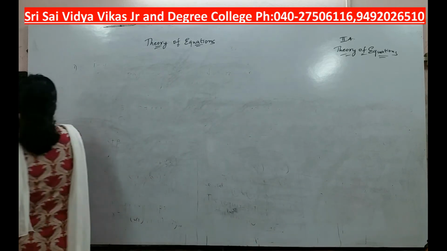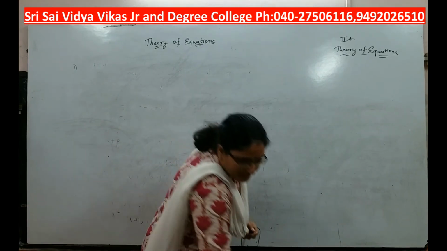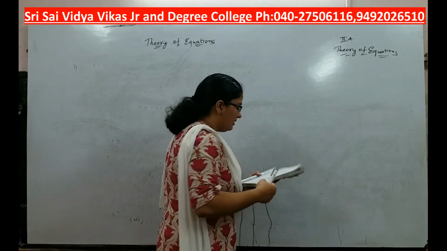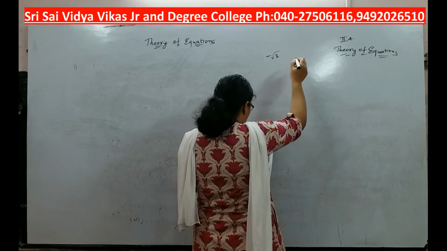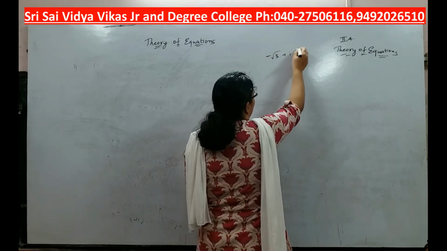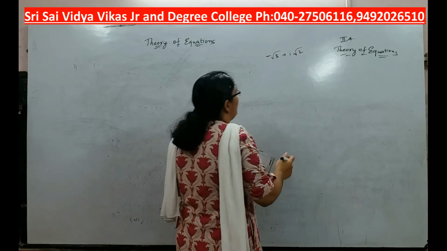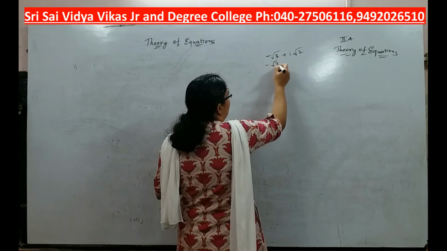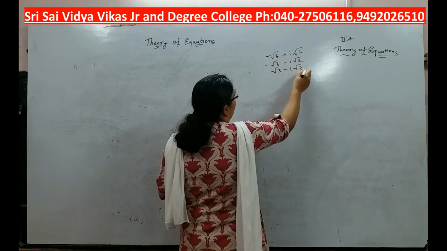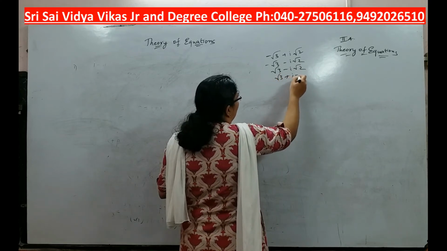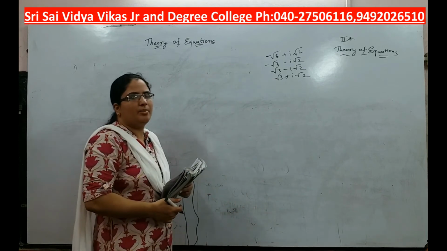Let us discuss the next problem. I shall give you a problem for homework. Try it out. Find the polynomial equation whose one of the roots is minus root 3 plus i root 2. So here, since it has rational coefficients, the other roots shall be minus root 3 minus i root 2, root 3 minus i root 2, root 3 plus i root 2. Take these as the roots and frame a polynomial equation.